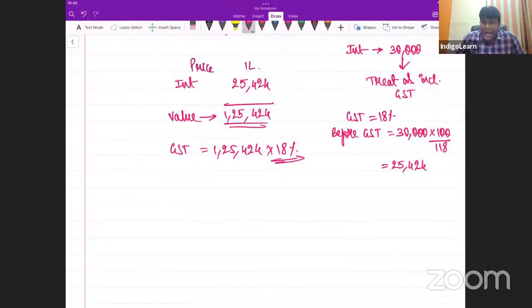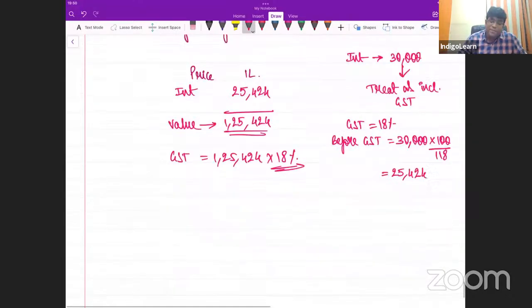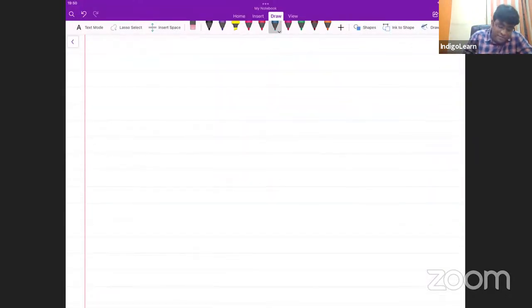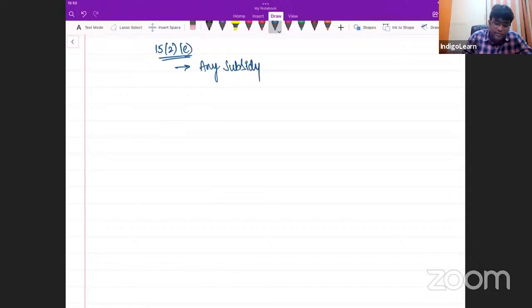What is 15(2)A? Any tax, duty, cess, fee charged by supplier from recipient. 15(2)B, supplier's obligation in relation to supply met by recipient. 15(2)C, any incidental expenses charged by supplier from recipient. 15(2)D, interest, late fees, penalty charged by supplier from recipient. And finally, 15(2)E, that is any subsidy linked to price. For example, government gives some subsidy or some NGO gives some subsidy, all that will be included, but